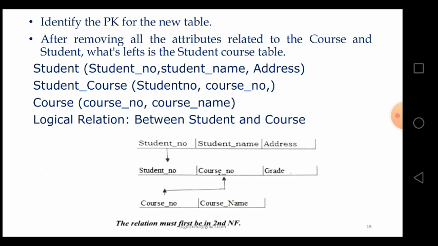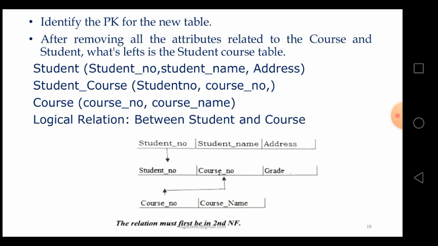After removing all attributes related to the course and student, what is left is the student course table. Student number, student name, address are in one table; student course is another table, where student number and course number are different fields. Next, course is another table: course number, course name.